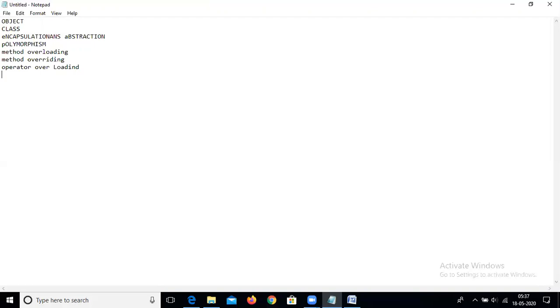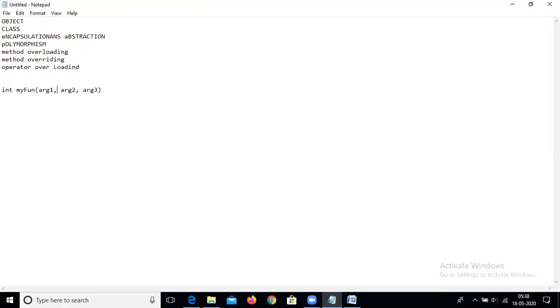Before we learn what method overloading is, we need to know the function signature. Suppose there is an int myfun, with argument one of type one, argument two, argument three.